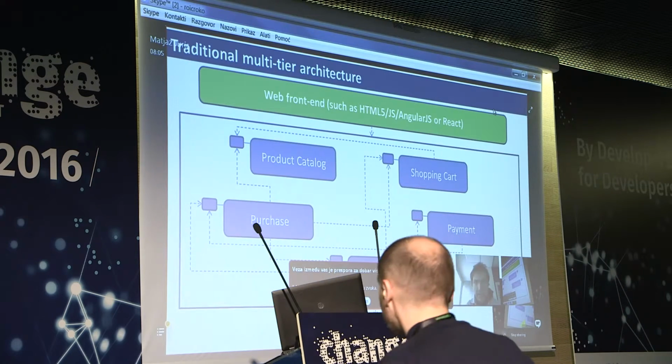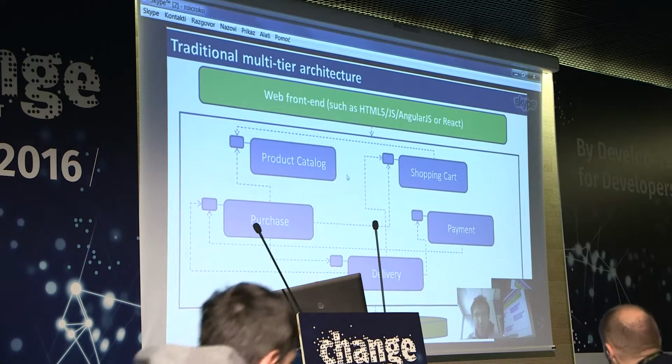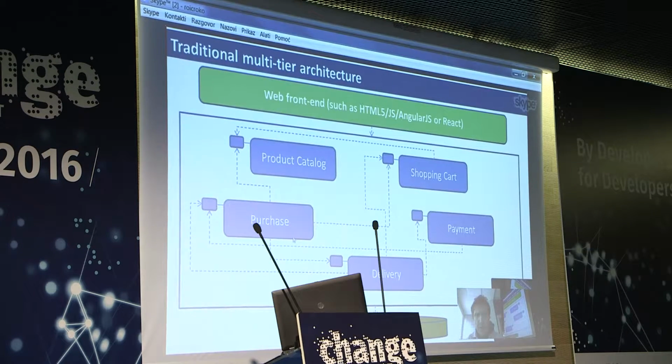Then the backend, the business logic. In this simplified example, we have 5 services: product catalog, shopping cart, purchase, payment, delivery, and in the back end we have the database management system.